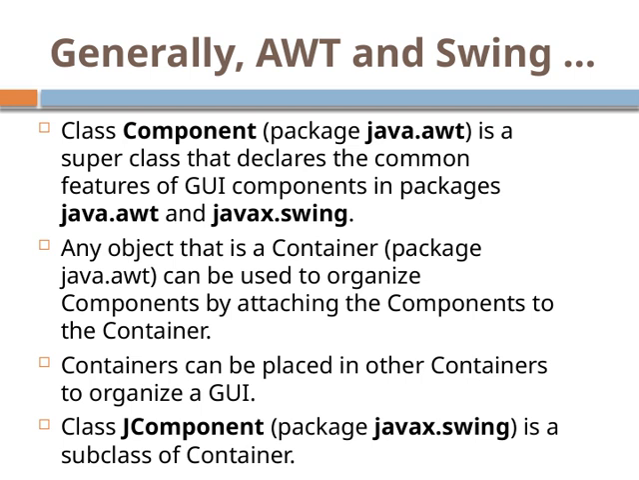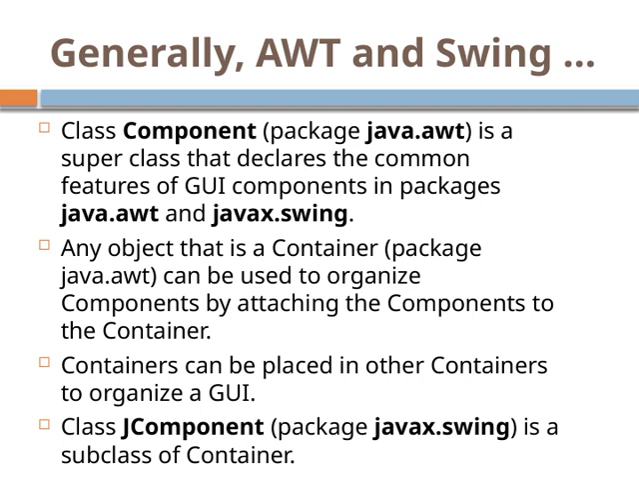This means it defines the common features that all GUI components share, whether they're from java.awt or javax.swing. It's like a blueprint that ensures consistency across different types of components. Any object that is a Container, which is also part of java.awt, can be used to organize other components. Think of a container as a kind of holding space where we attach various components, like buttons or text fields,